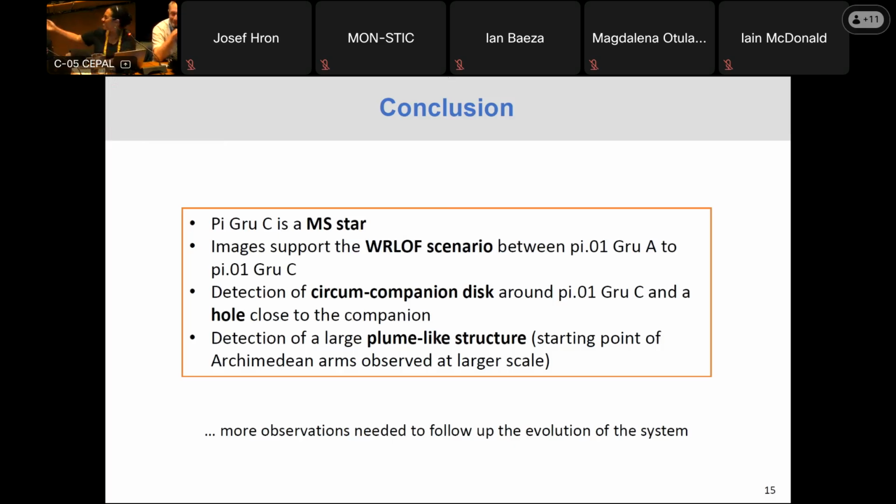Go ahead, Javier. Just a comment. In the case of R Aquarii, it's eccentric, which is wide, but when it comes to periastron, then it's close, which is 8 astronomical units. There is one difference in these objects. We have 2 objects with jets. R Aquarii has jets, but of course, ionizing jets, so we don't see them in the molecules. In V Hydrae, we see this high velocity jet in CO, but not in Pi1 Gru. So that's another difference. Sometimes we do power jets with the companions, sometimes we don't.